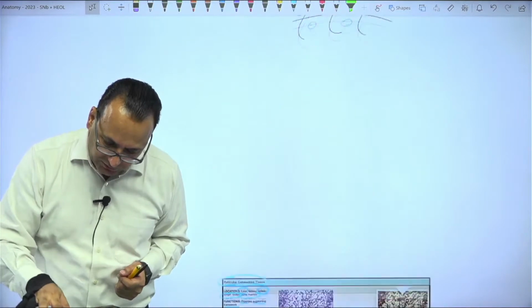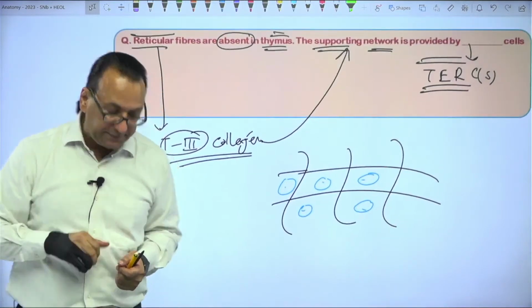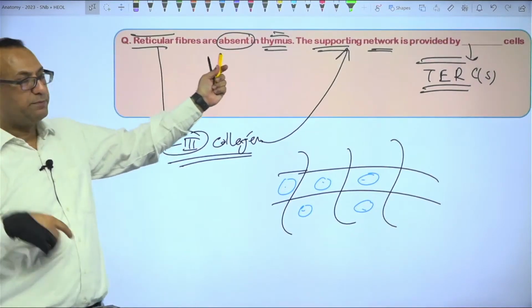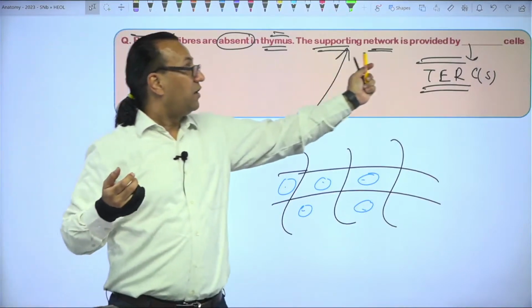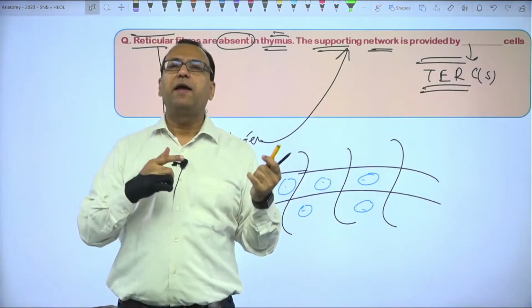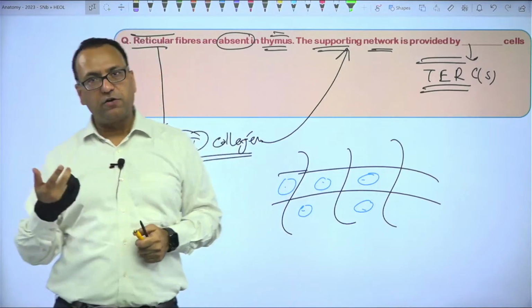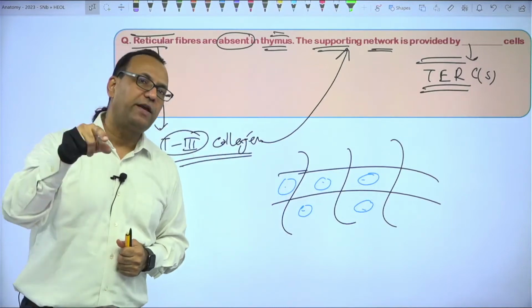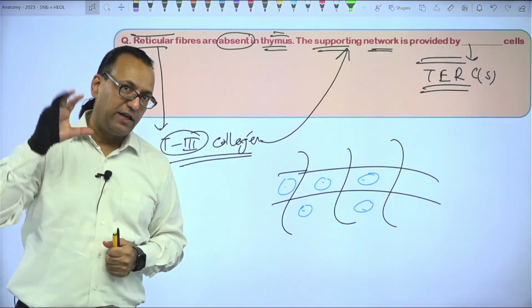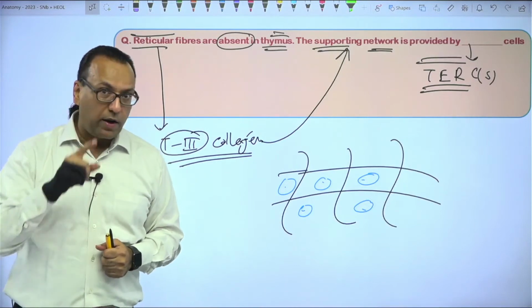So what was the question? The question was here. It was asking, reticular fibers are absent in thymus, of course. What are the supporting network cells? Thymic epithelial reticular cells, which are endodermal in origin, pharyngeal pouch 3, and might be missing in DiGeorge syndrome. One other thing,